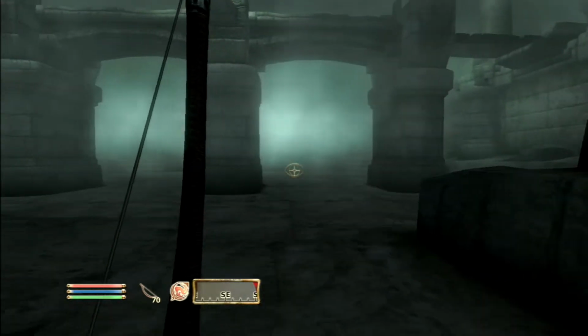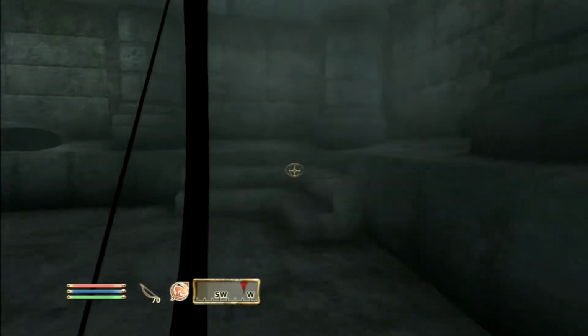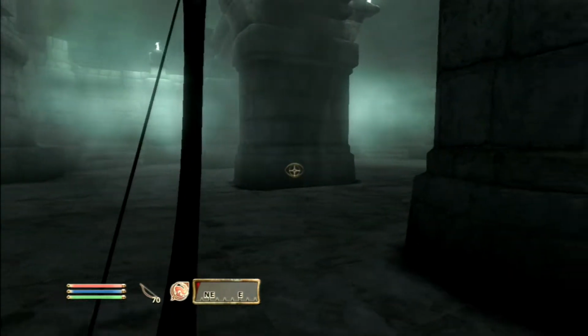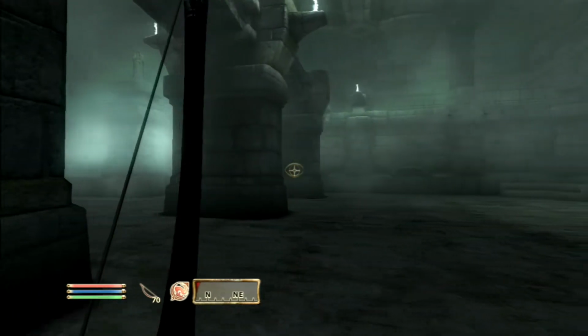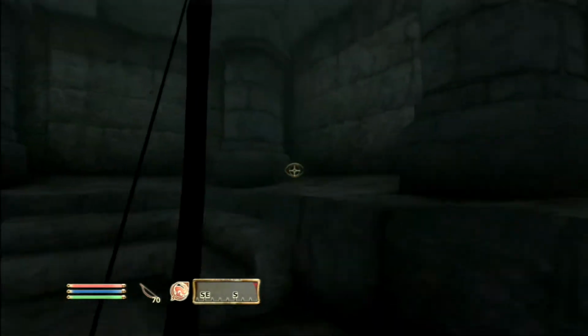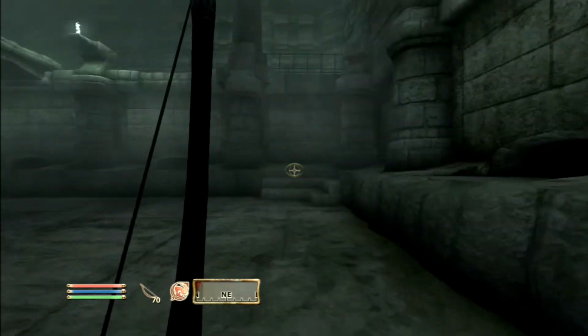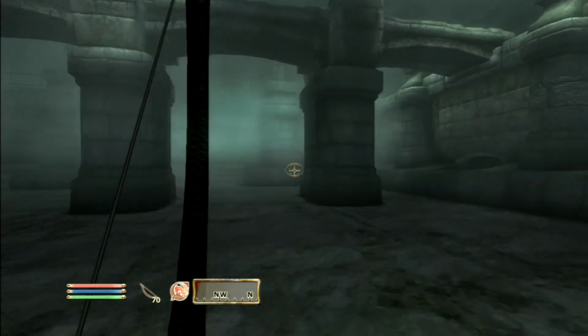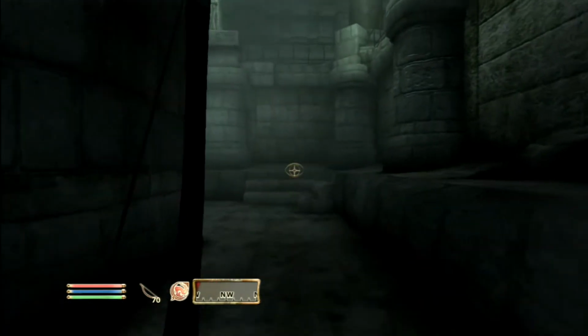Now, was there a skeleton down here? One that fell off the bridge? I don't believe he had any way of getting up, but he doesn't seem to be down here. Okay. Well, back we go. There doesn't seem to be any traps down here either, so...